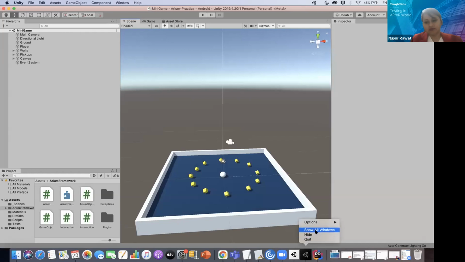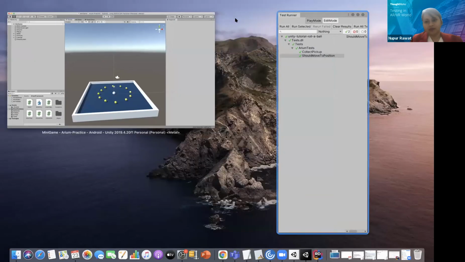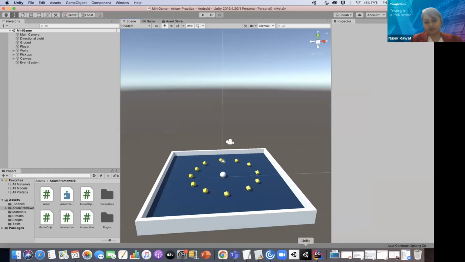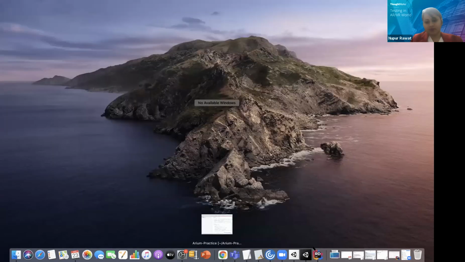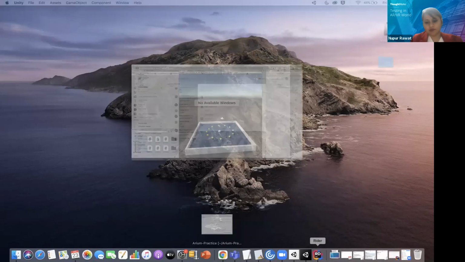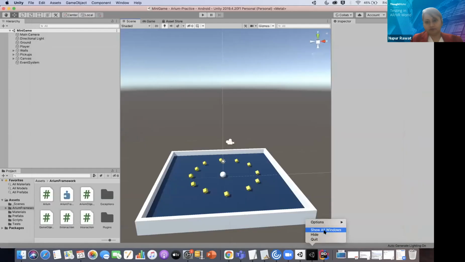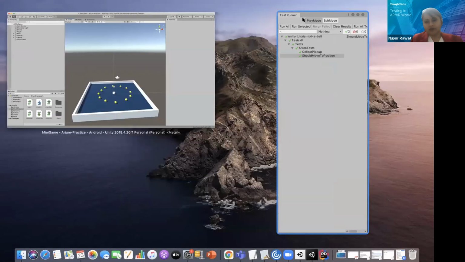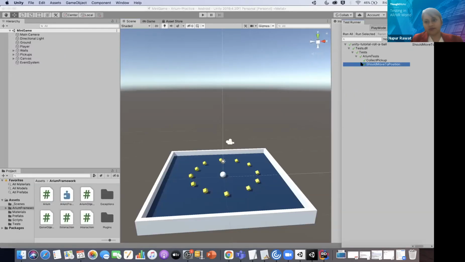Otherwise, you will see a red. One minute, sorry. So this is also passed. Otherwise, you would have seen a red cross beside the test.